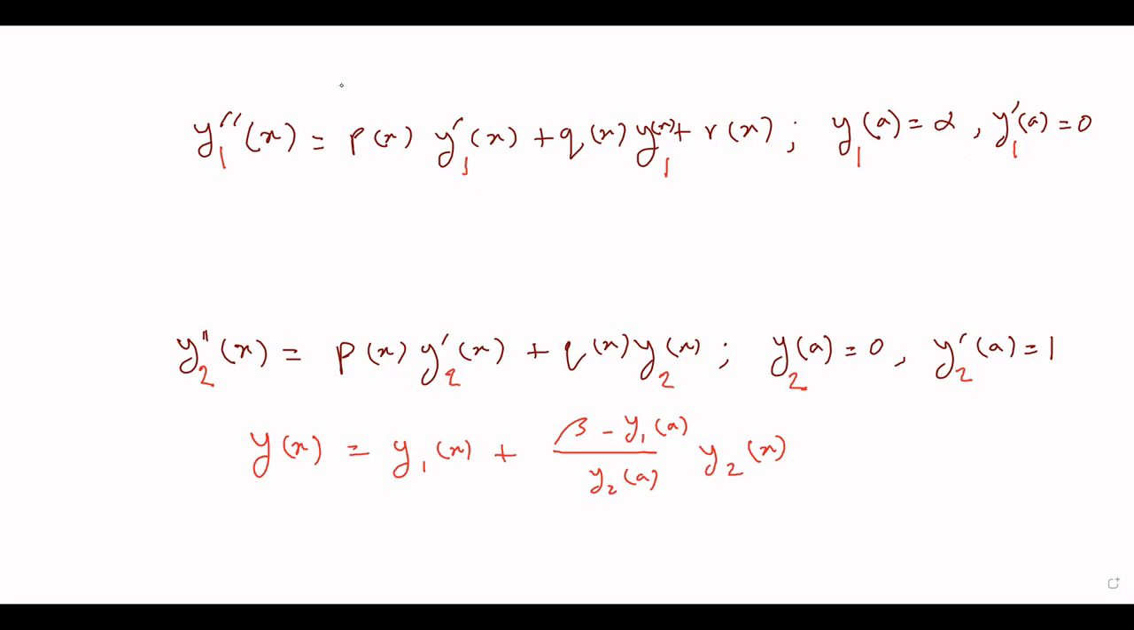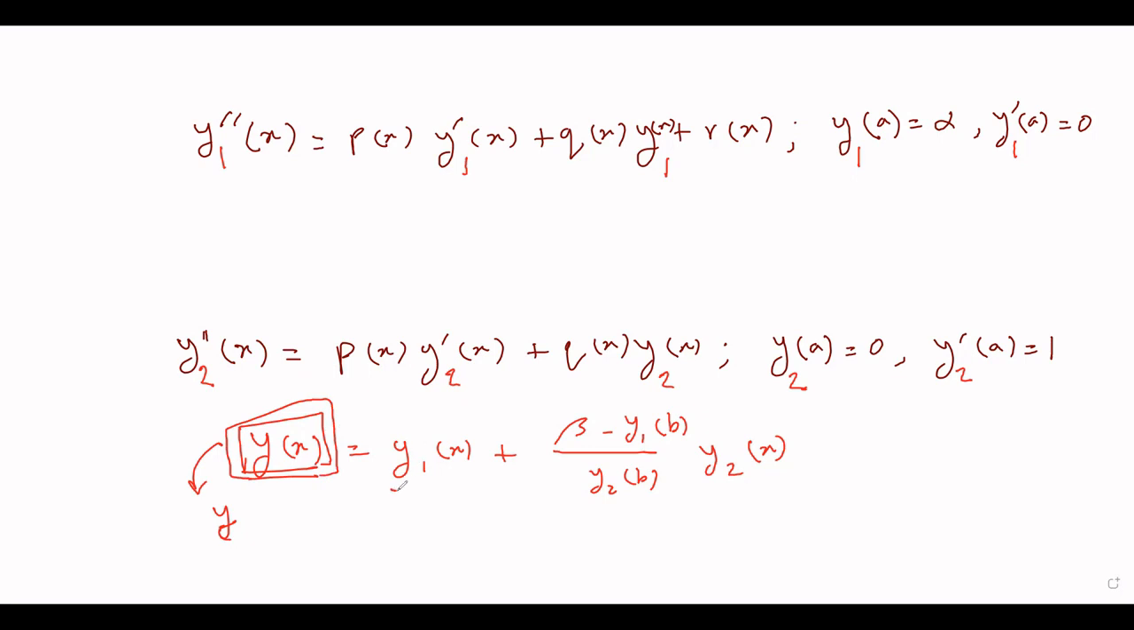So it should be B here and here and not A, which will make sense eventually. Okay. Now, if you differentiate twice, then what you get is, I'm explaining why this formula works. Why this y of x is a solution to the original boundary value problem,